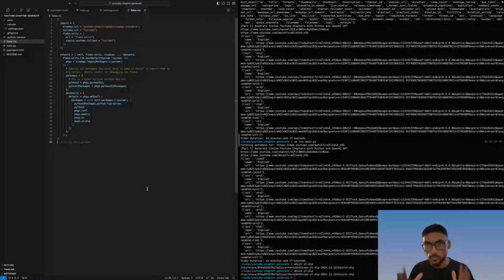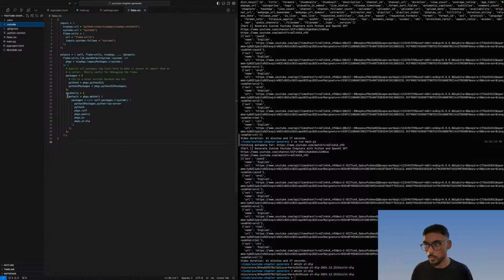Maybe in the deployed version of this app, I also will use Nix. So let's say I had an EC2 instance that had Nix installed, and I had this flake.nix file and direnv and these other things for setup. What would happen is I would run this, like, I don't know, FastAPI app or something, with yt-dlp installed in the environment, and I would have access to all the command line tools.